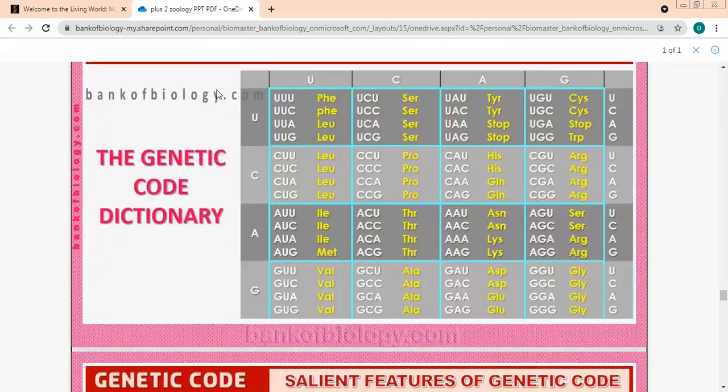We are just going to do the first line today. Remember, leucine will come 6 times. This is another way of remembering. After 2 PHEs, we are going to have leucine how many times? 6 times. So 2 PHEs followed by 6 leucines.